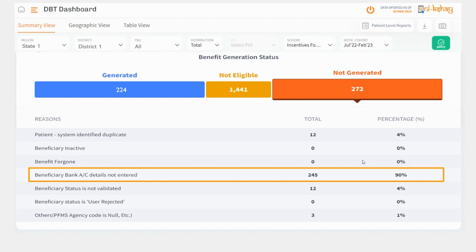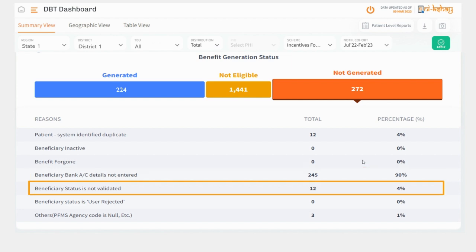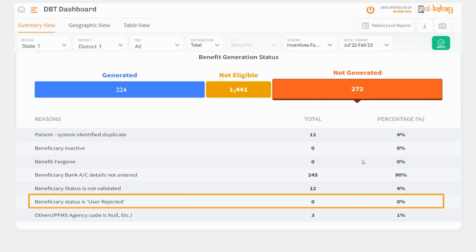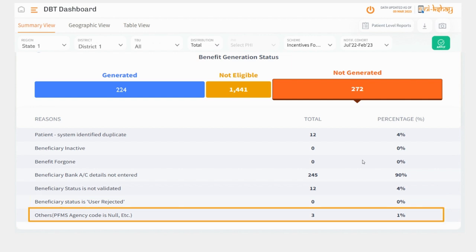There are 12 notifications for which the bank details of the private provider are available in Nikshay but they are not validated yet. The DTO needs to identify such cases and take the necessary action. There are no cases where benefits are not generated because the beneficiary status is user rejected. And there are 3 cases where benefits could not be generated because of some reasons such as PFMS agency code